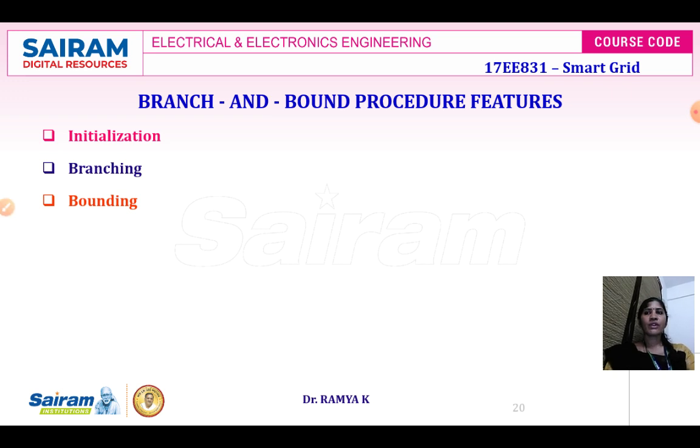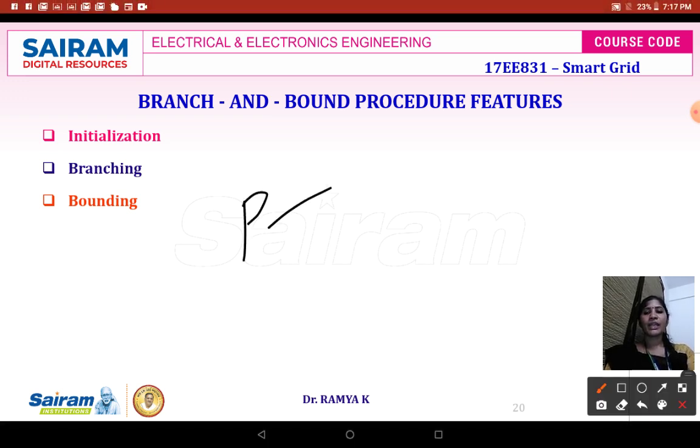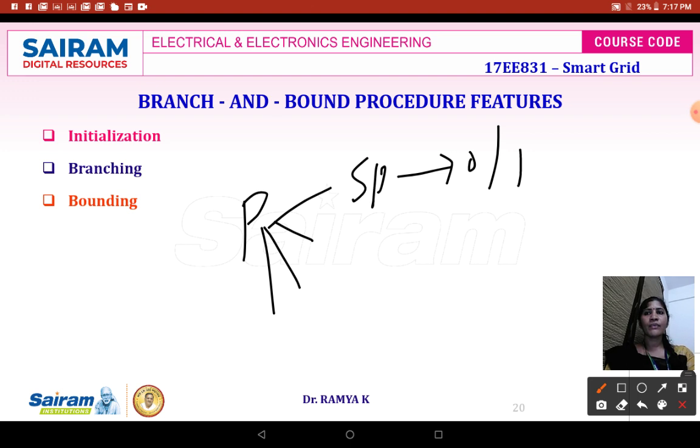In this bounding function, for each of your sub problems, a bound can be obtained in order to obtain the feasible solution. For each sub problem, we will be assigning the value either 0 or 1. The first element is defined in the natural ordering of the branch variable.